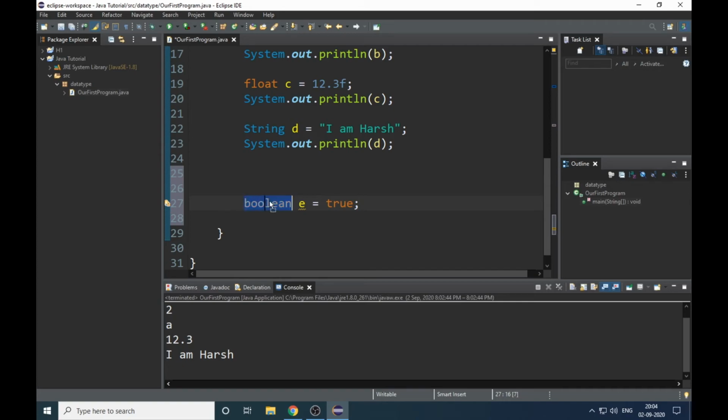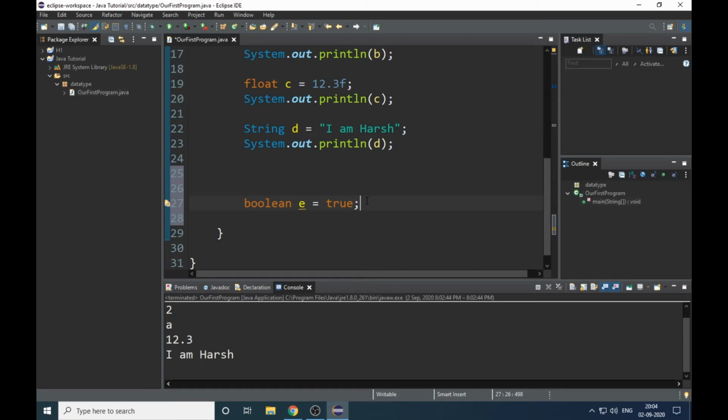What is the purpose of creating this type of data type? Well, it is used in upcoming videos and in if-else statements. So for now, just remember that it only gives true or false.